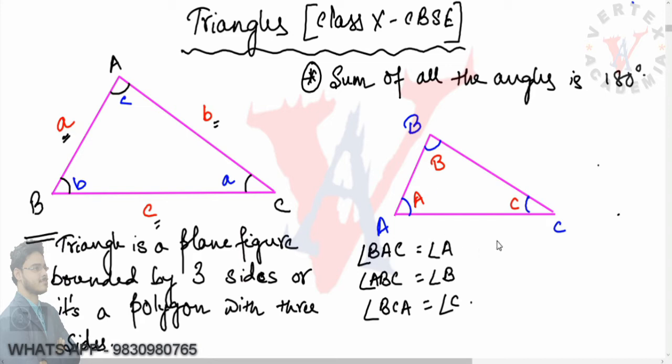And another method is where, if the vertices of the triangle are A, B, C, the angle BAC, that is the angle containing vertex A, can sometimes be denoted by angle A, and the angle ABC, the angle at vertex B, can be denoted by angle B, and similarly angle C. So we will try to write the whole angle like angle BAC, ABC, BCA. Sometimes for convenience I may also use angle A, angle B, angle C.